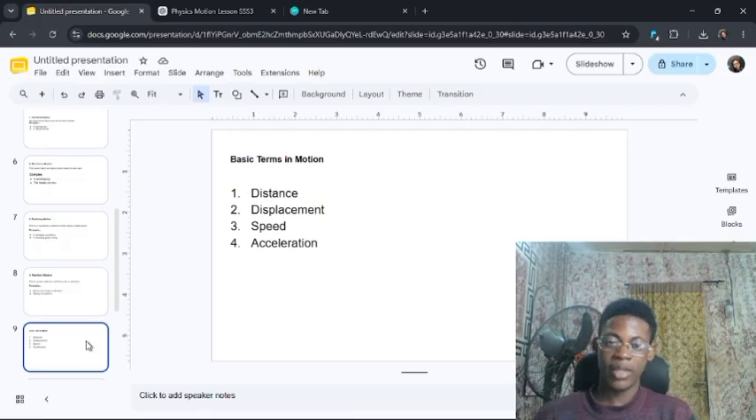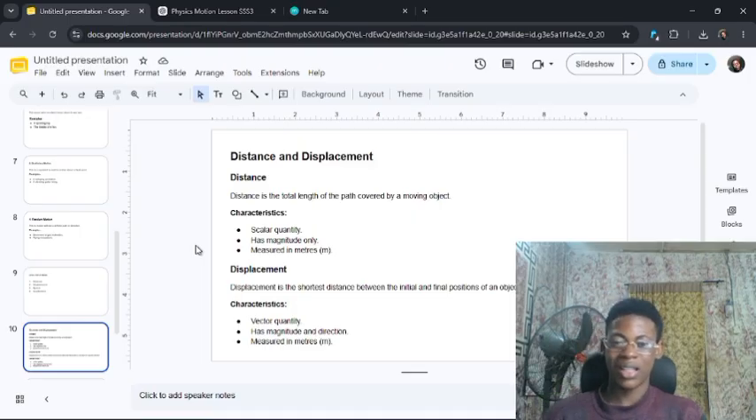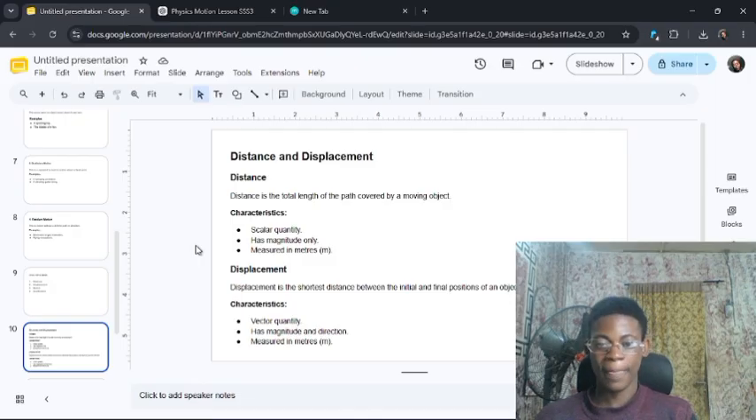We have the displacement, we have the speed, and we have the acceleration. Now let's look at distance and displacement. Now, what is distance? Distance is the total length of the path covered by the moving object. Let me say